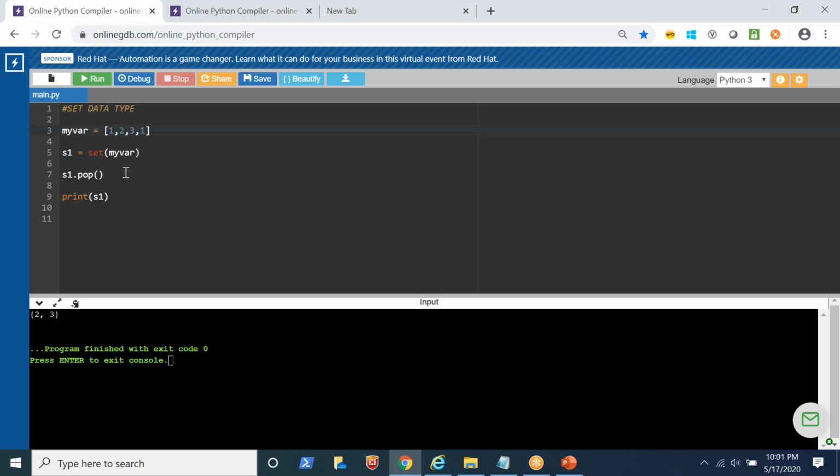Okay, it pops the last element, 1. But if I do it this way, it should remove 3 here. s1.pop(). If I print here, oh yeah, by definition,